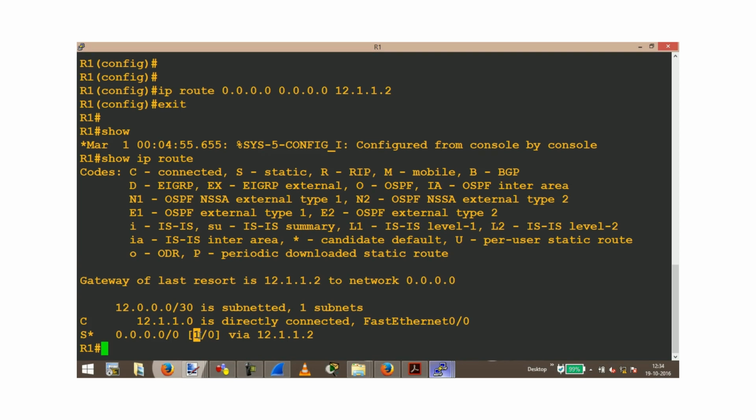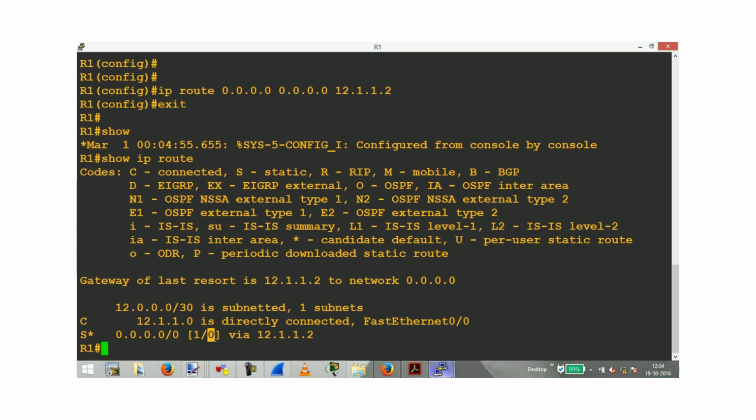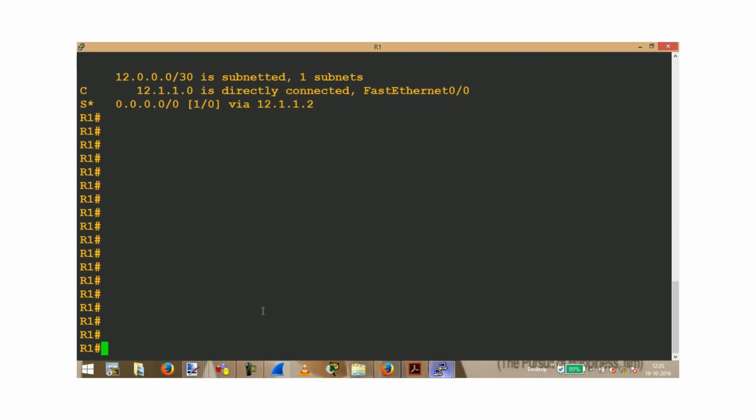And this is what? The administrative distance. So for static and default route, AD is what? 1. Because both are the same, configured by the administrator. We trust the administrator a lot. That is why we have kept AD so low. And 0 is the metric. We cannot give a distance in static routes. We know this. So always for static routes, the metric will be 0. We cannot tell how far that network is when we are configuring a static route on a router for a